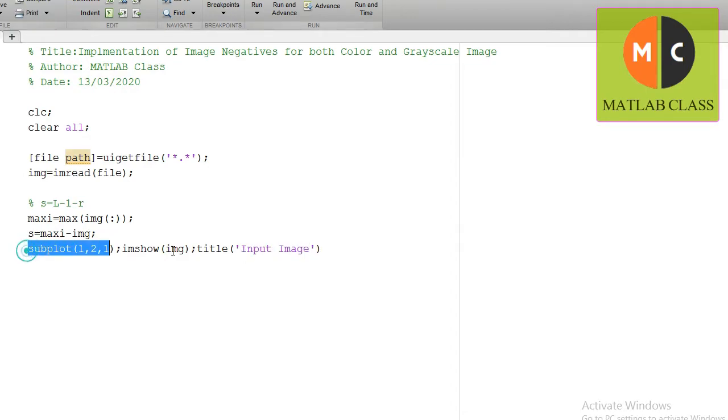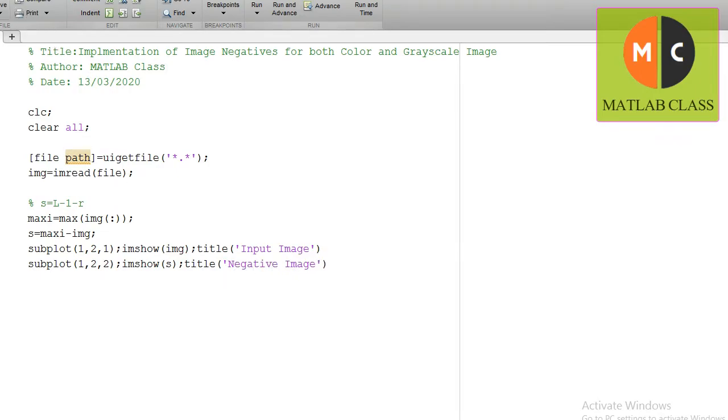Now just copy this line, Control C and Control V. Now you have to write the second subplot, and instead of img you have to write variable s, which is nothing but the image negative variable, and the title just modify to negative image.